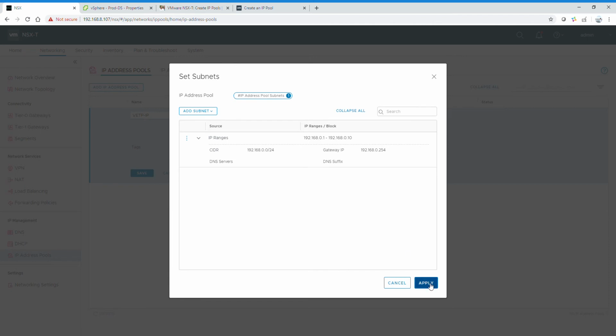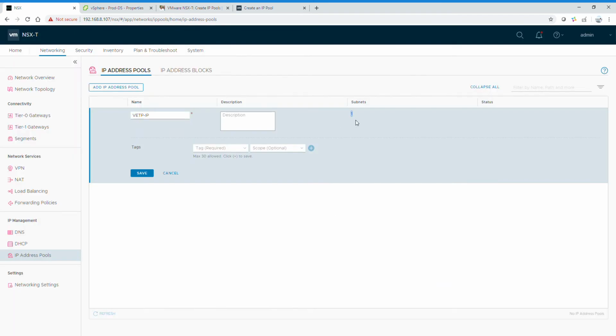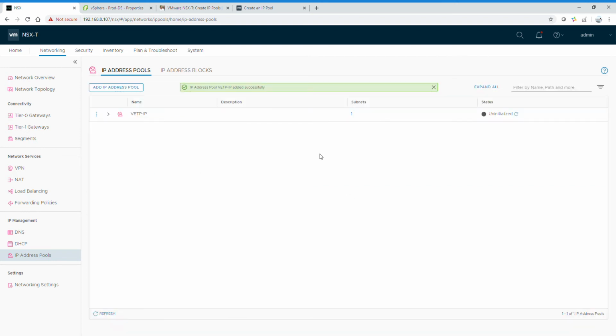click apply. So you can see that one subnet is added here. Then you can save it, and once you save it, the status should show as success here. Yeah, and you can see now the status is success. So then you can go back to the system tab